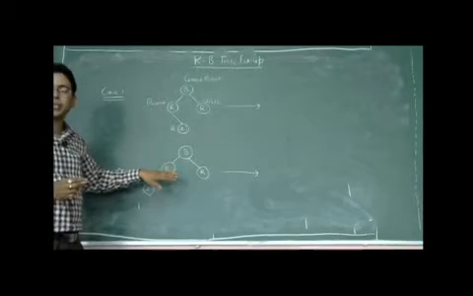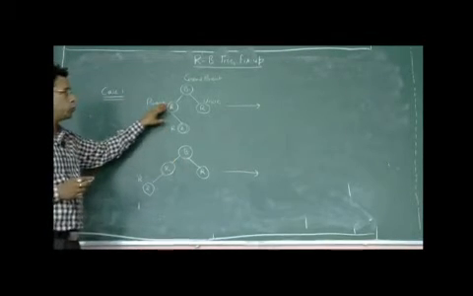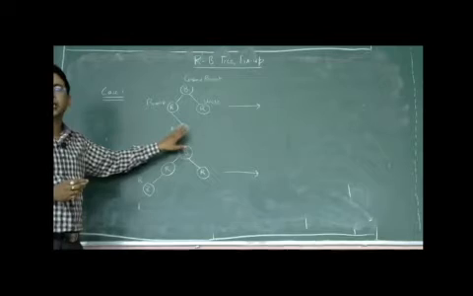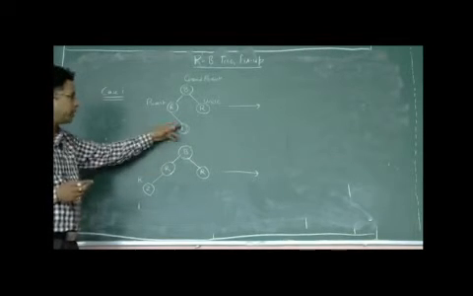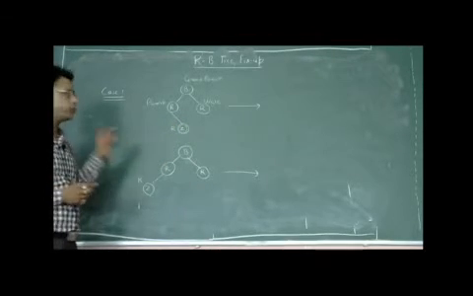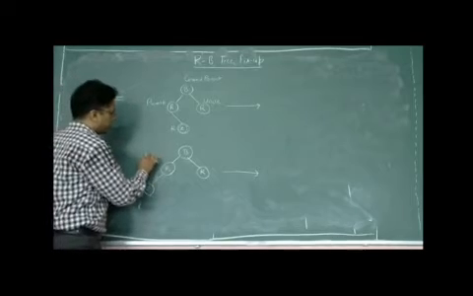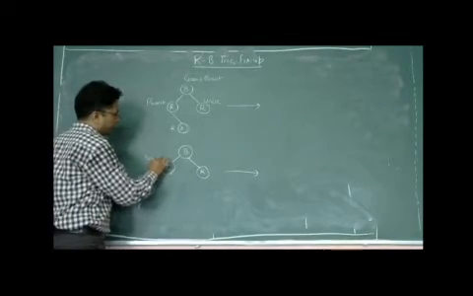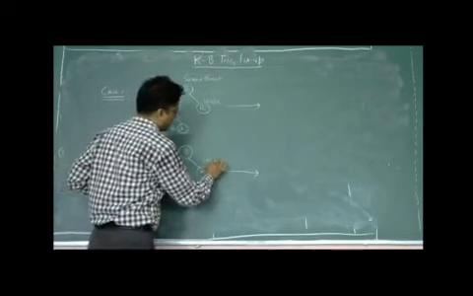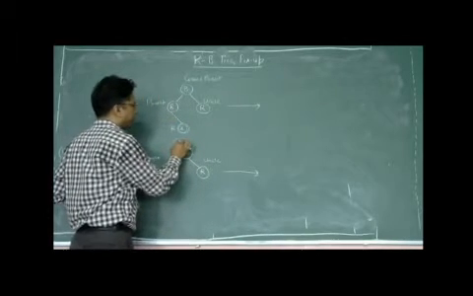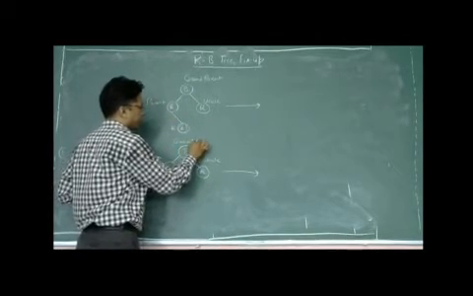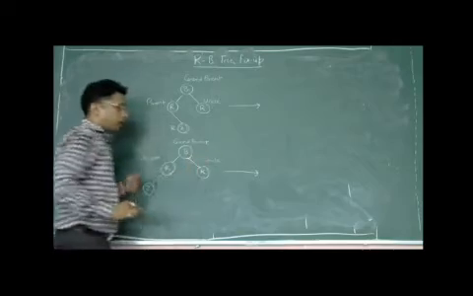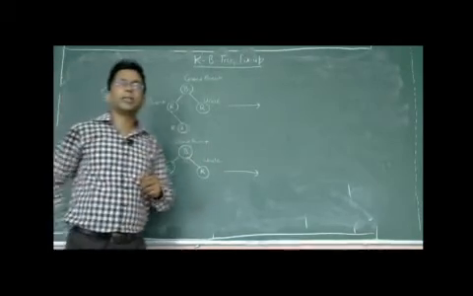both lie under case 1, but there may be two situations: when the newly inserted node is the left child and when it is the right child. In this situation, this one is the parent, this one is the uncle, this is the grandparent. Okay, this case 1 is the simplest one.